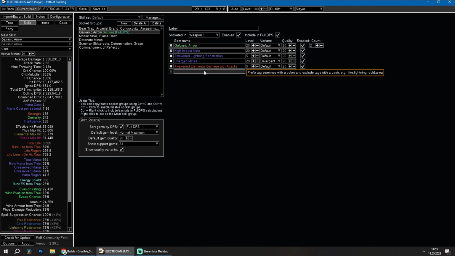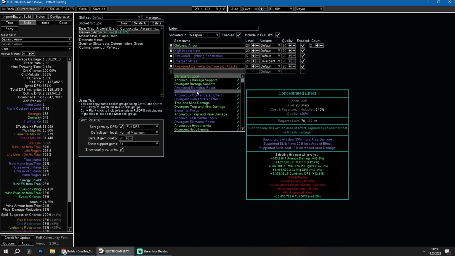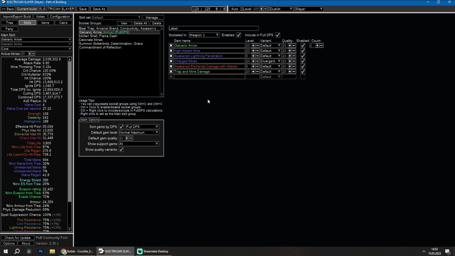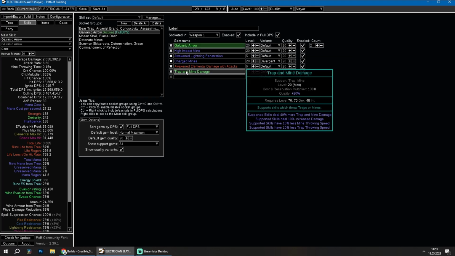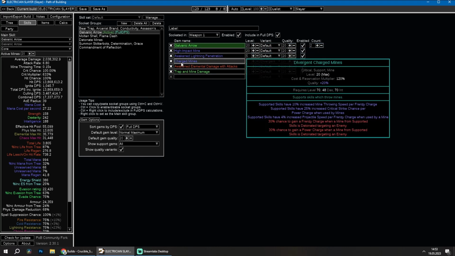A very common example as well is elemental focus. As you can see, it's showing a huge damage increase, but what it's not accounting for is that you're losing shock. If I don't have any other source of shock, this is basically going to make it so that I'm not shocking anymore, and therefore my damage is actually lower. Concentrated effect is also not accounting for the fact that maybe you don't want your AoE to be smaller. Maybe you actually want your AoE to be bigger so that you have bigger coverage and better clear, which is the case with me. So that leaves the next skill, which is Trap and Mine Damage, which is exactly what I was using. That's why you have to pay attention to these things as well. But this is going to suggest for you what gives you the most damage in terms of the